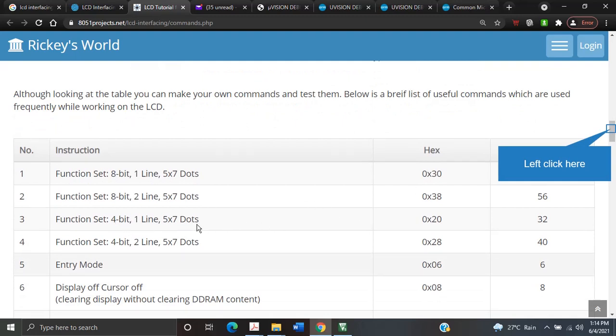Say whenever you say 4-bit, 2 lines, 5 to 7 dots, to display one character you are using 5 cross 7, or 35 dots, to display one character. That is what is meant by 5 cross 7. Normally LCDs are catered as 16 cross 2, that is 2 lines of 16 characters.